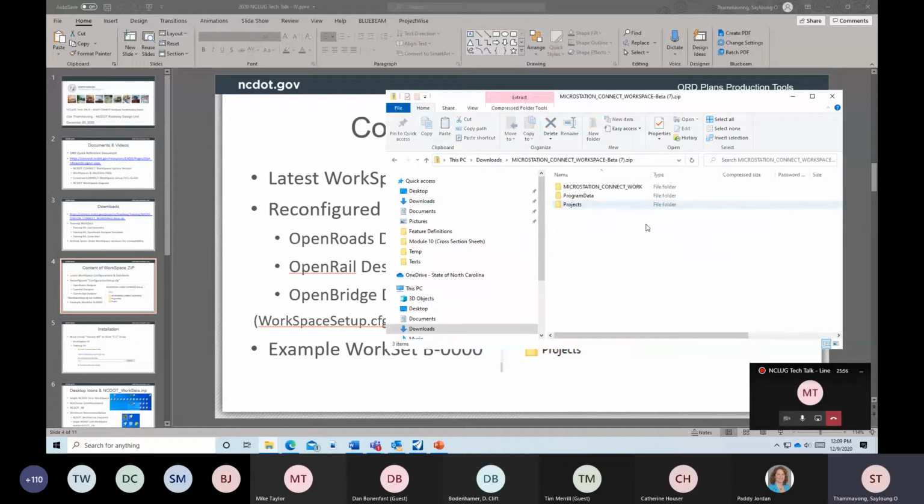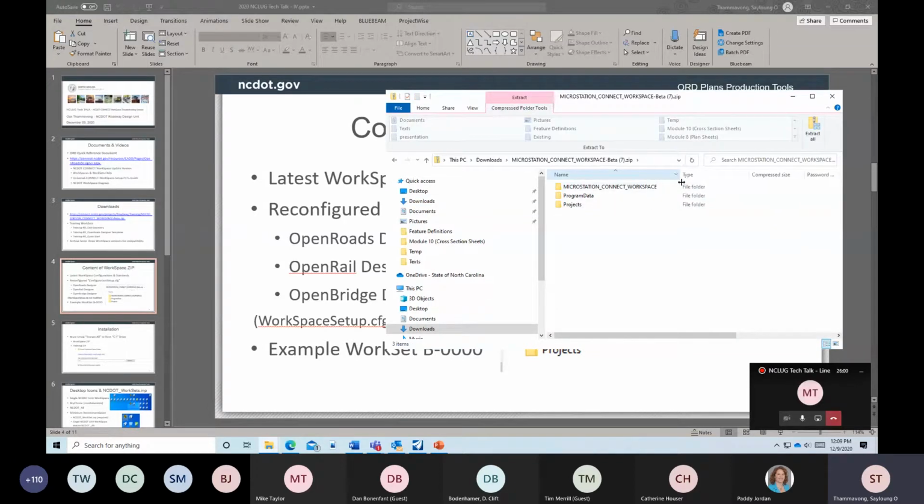Let's take a look at it, open it up. So it's doing 3 things in the background. This right here is the latest workspace that contains our configuration and standards. So that's what you'll be updating. Also to this program data folder, it's the CFGs that you need to